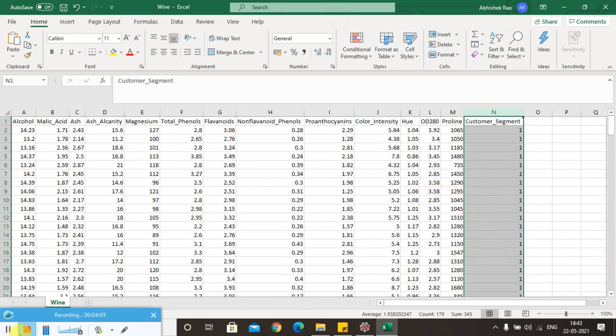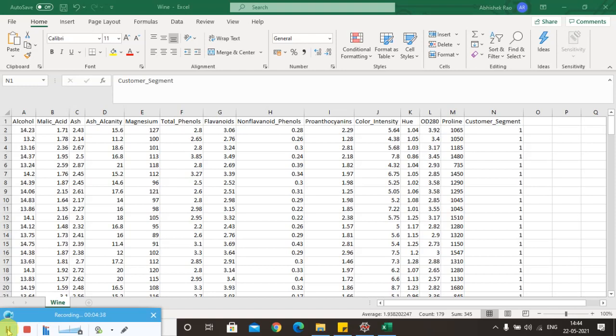Now let's take a scenario in which this data set belongs to a wine merchant with many different bottles of wine to sell, and therefore we can expect a large number of customers. We have three different categories based on the segments, segment number 1, 2 and 3, and each segment corresponds to a certain group of customers with similar preferences for a similar wine.